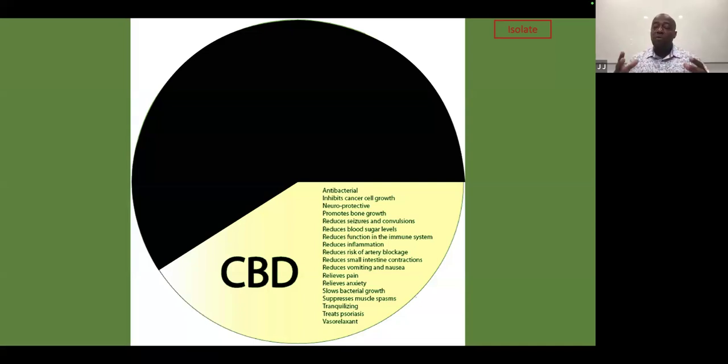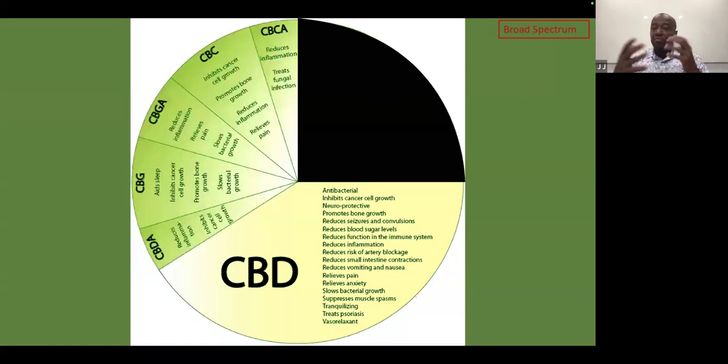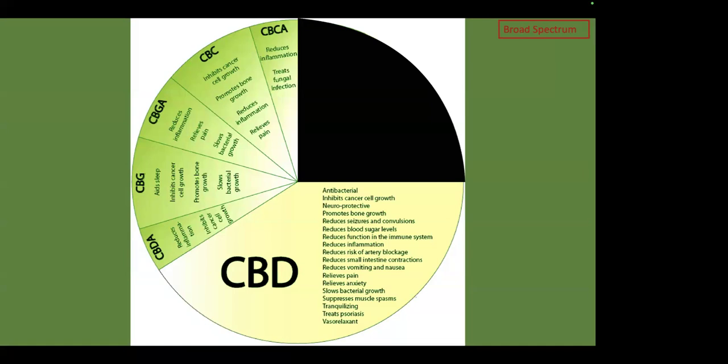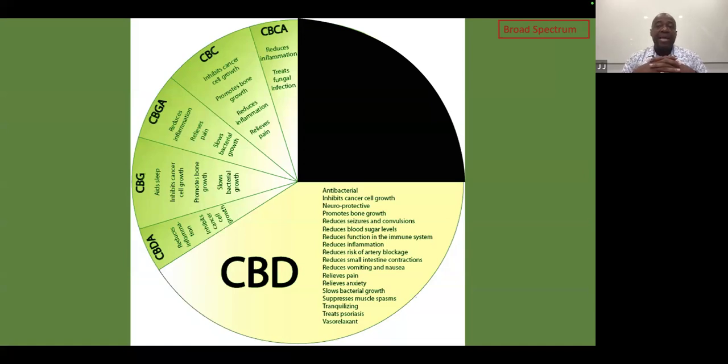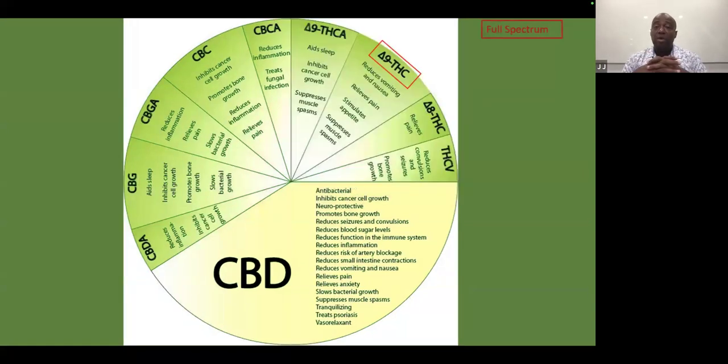But it's a very pure form of CBD that's been isolated down to just the CBD molecule by itself. Now, something that's made out of CBD by itself, or isolate, is good for alleviating certain conditions in the body. But something made out of the isolate is not as good for you as something that's broad spectrum is in terms of your endocannabinoid system, which is the master regulatory system for the body. And we're going to go into a little detail about that. And something made out of something that's broad spectrum is not as good for you as something that's full spectrum when we talk about maximum symptom relief, homeostasis in the body, and something called the entourage effect,